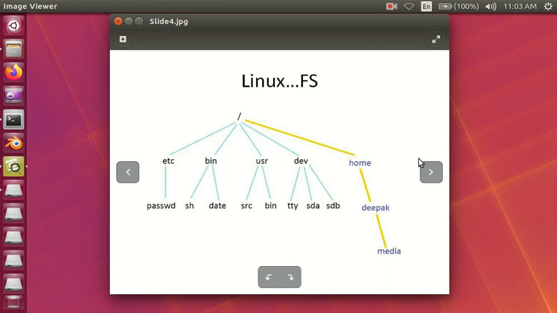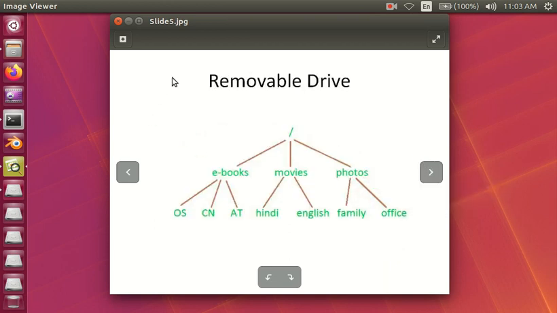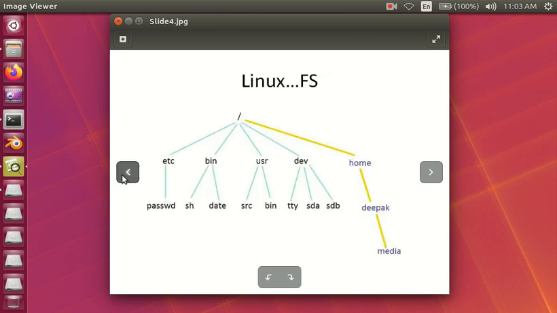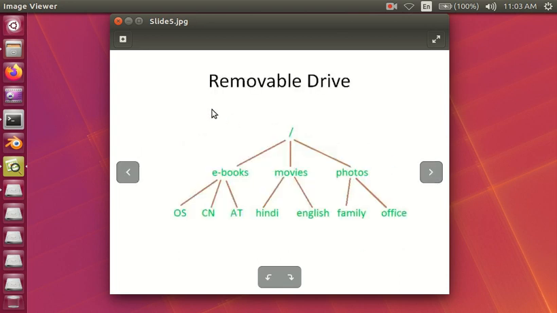Now what if I have a removable drive which also has a file system? The file system we saw previously is the local file system of my system, and this is the removable drive, which also contains a file system, again starting with root. Suppose I want to access a folder or a file from this removable drive.